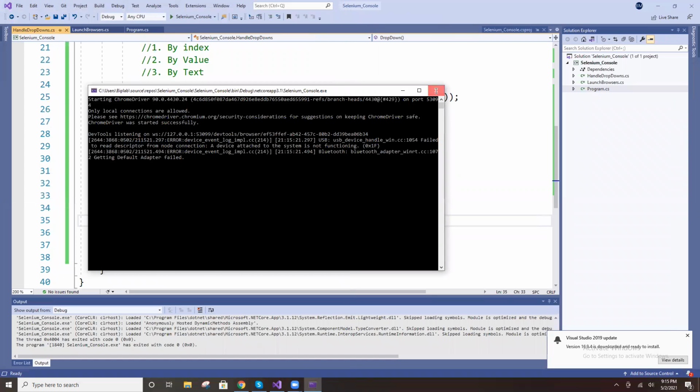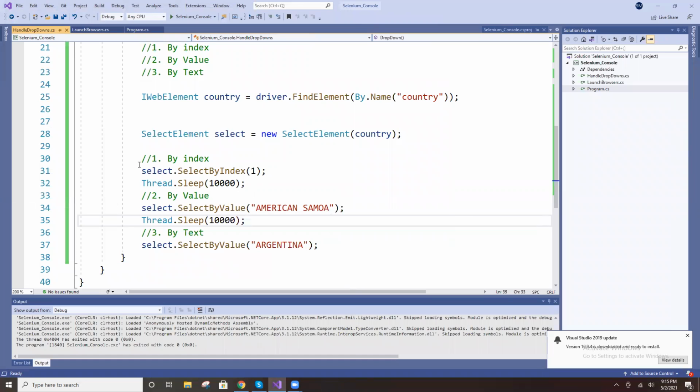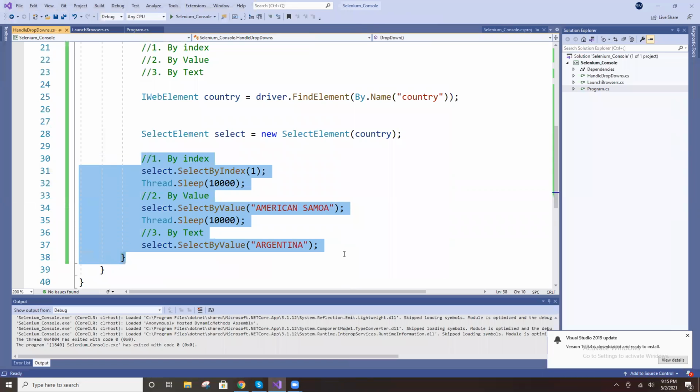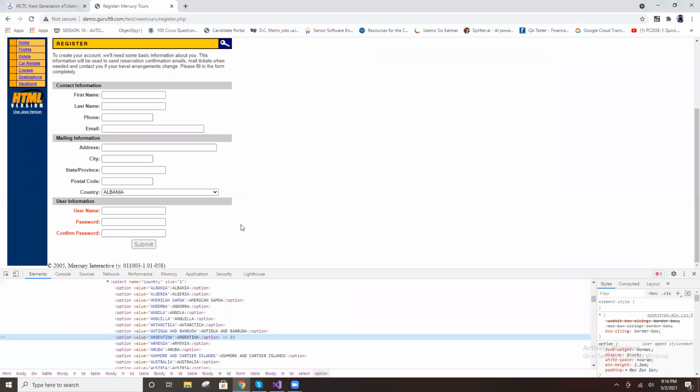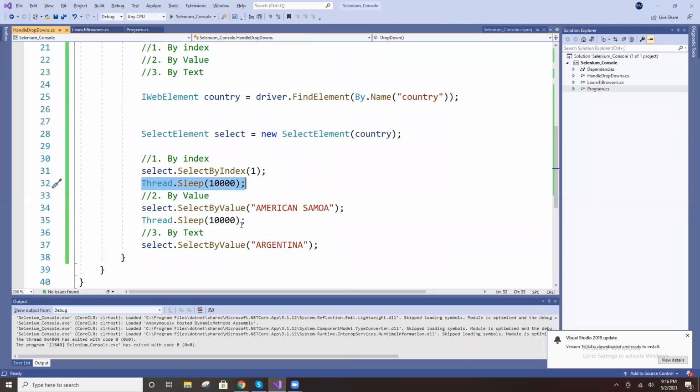Three ways are there. You can use any way. So I don't have to do the implicit wait, right? I can use the static wait, right? No, no. For this purpose I put it, not required actually. Slow execution, we see which one is selected, which one is not selected. For that reason, I put that as sleep. Otherwise, not required.